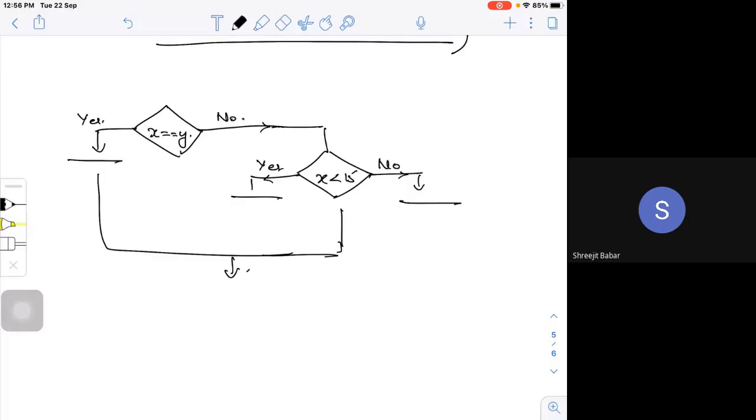Today we looked into the if statement, if else statement, if else if statement, and how we can do the switching conditions. In tomorrow's class, we will look into the for statement and the while statement, that is, the for loop and while loop: when we are supposed to use the for loop and when we are supposed to use the while loop for different conditions. Okay, fine. We'll stop here.